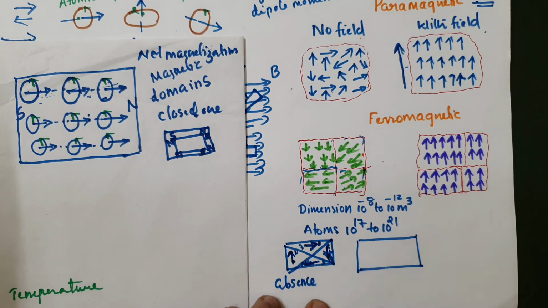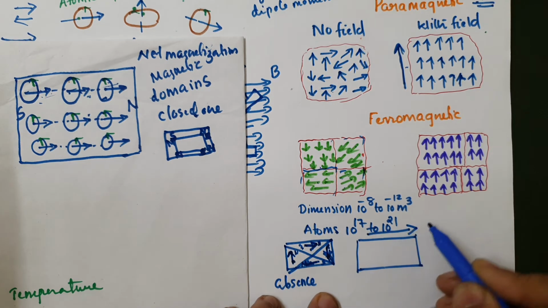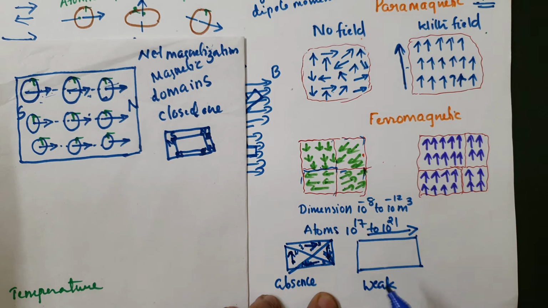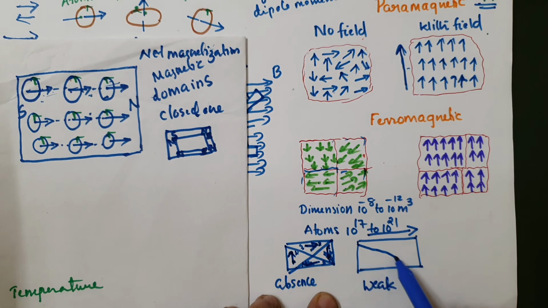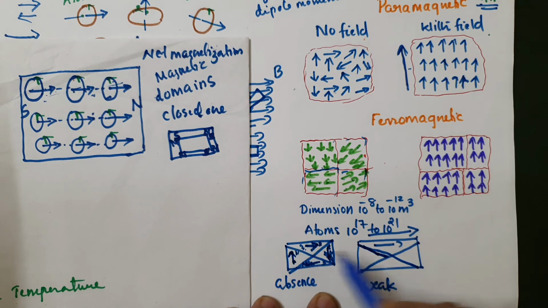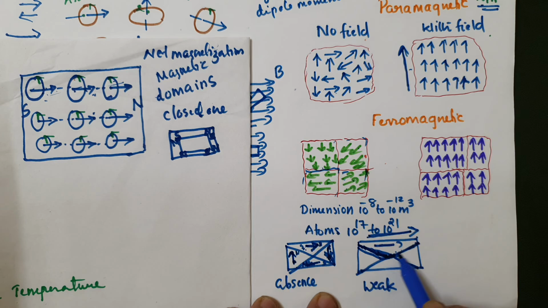And if I apply a magnetic field in that direction, and if the magnetic field is very weak, then it forms like this. That is, in this region the domains grow, and they grow to the boundary, because at the boundary small magnetic dipoles or magnetization takes place, magnetic dipoles will be induced. So in the direction of the magnetic field, enlargement of these domains takes place. Other regions will get smaller.